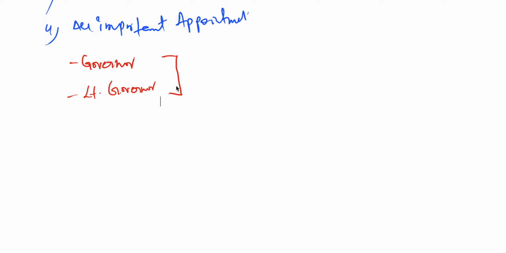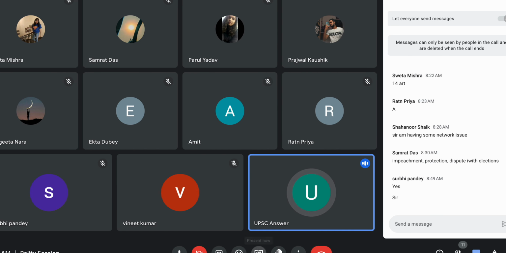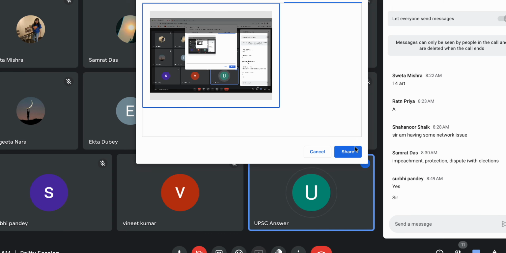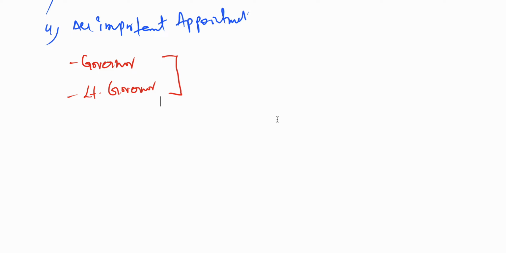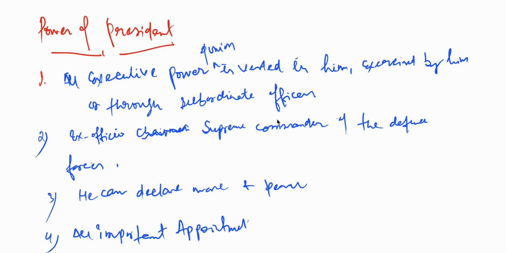So your screen is not visible right now. It's not visible for you, it's not visible for everyone. Since the beginning or what? Sir, it's not visible. Yes, sir. Now it is visible. So earlier it was not visible when I was writing this power of president and all. Oh, sorry, you should have told me.